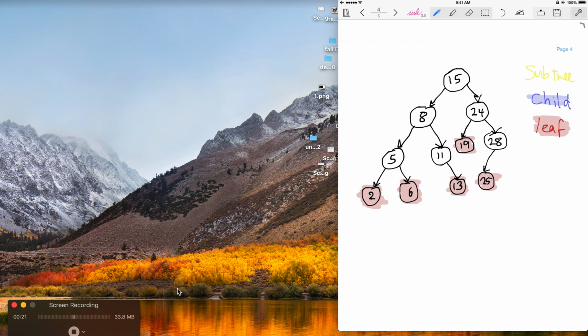Okay, now we understand what a tree is and we know what these three things are. Now, what is a binary search tree and what makes it special? What makes it special is the way that it's arranged. It's arranged in a certain way. So let's look at this. Every single node,